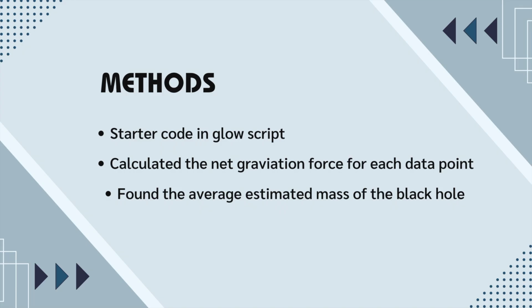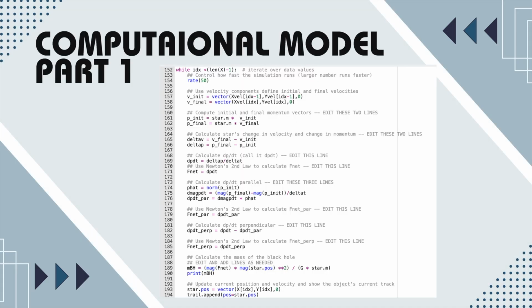I used the given starter code and Glow script and replaced the dummy email with my own to generate a unique star trajectory. Then, for each data point, I collected the net gravitational force on the star, assuming the black hole is located at the origin through the code. The time step between each position was 1 Earth day. Here is the code that has the equations we use in order to find the mass of the black hole